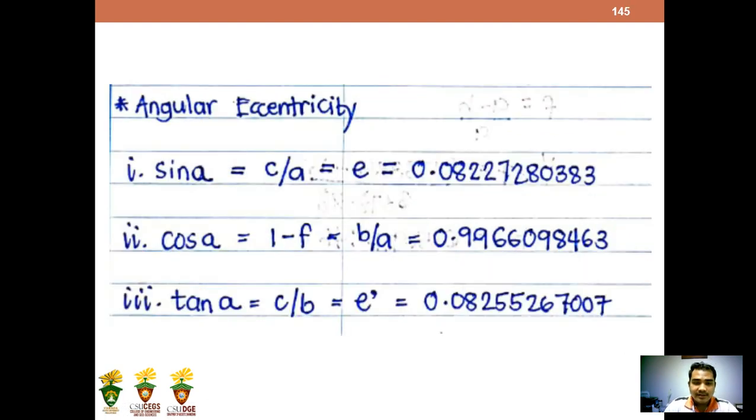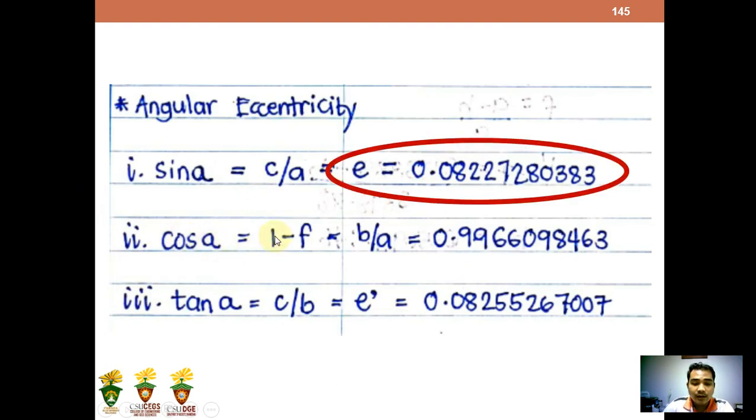Alright, so next is the angular eccentricity. Angular eccentricity with respect to sine, sine alpha, is equal to c over a. And this equation is just equal to the first eccentricity. So just copy whatever the value of the eccentricity is, then that's the answer for angular eccentricity with respect to sine. For cosine,